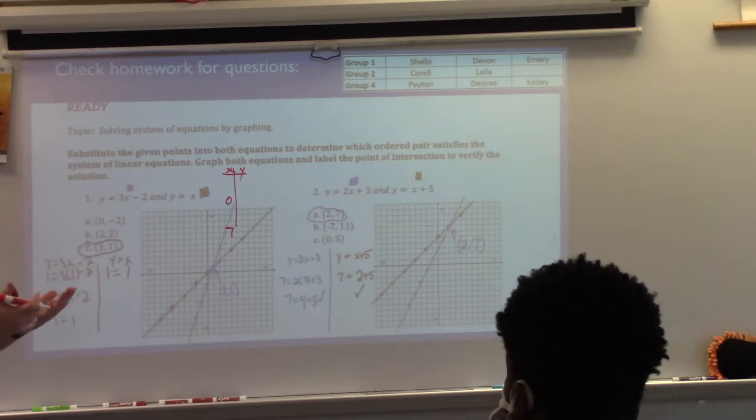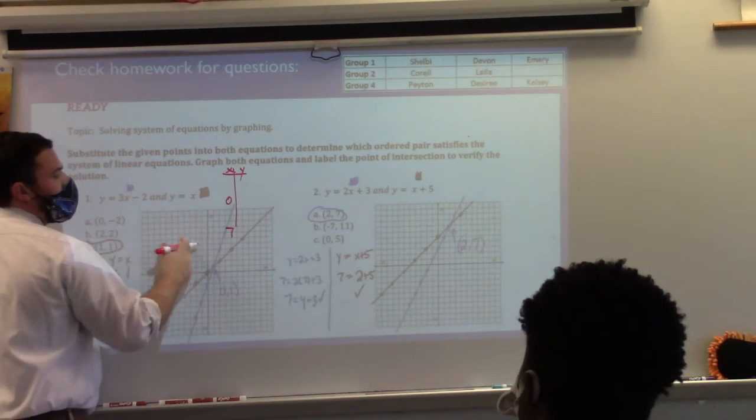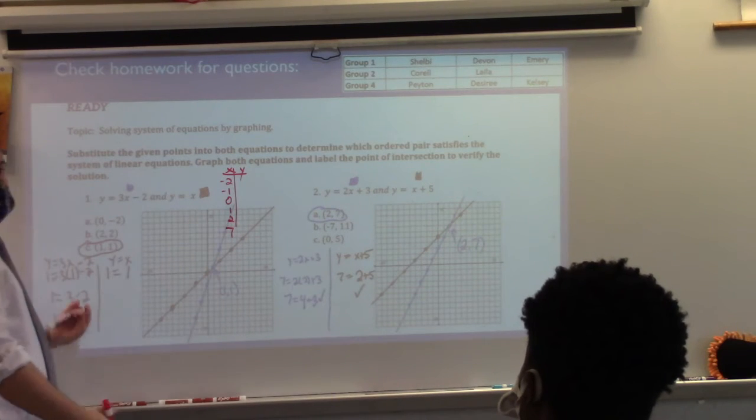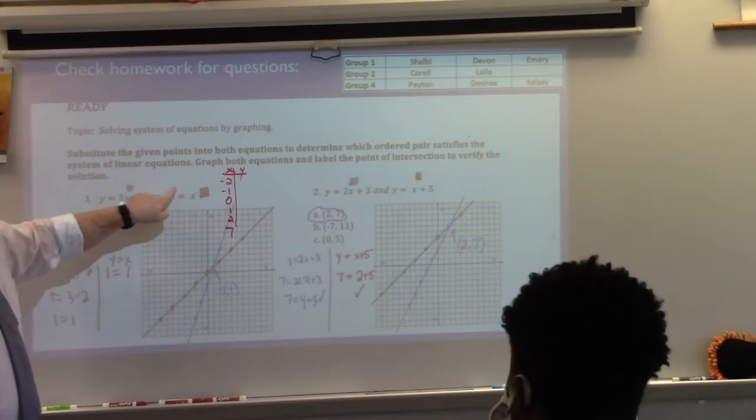So I start at least with a line, and I will say it changes when you deal with other types of functions, but I start with 0 for a line, and then I do 1 and 2, -1 and -2. That's it. If I plug -2 in here, y is equal to,